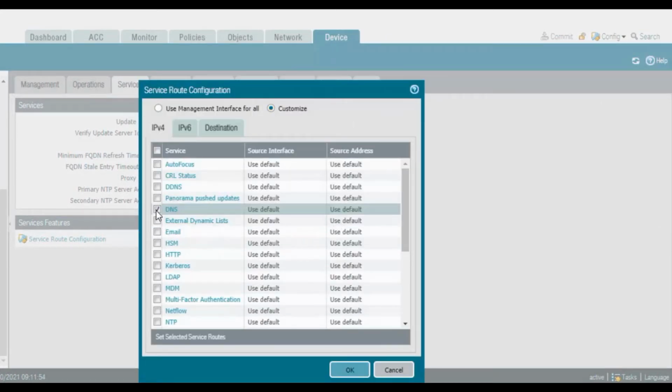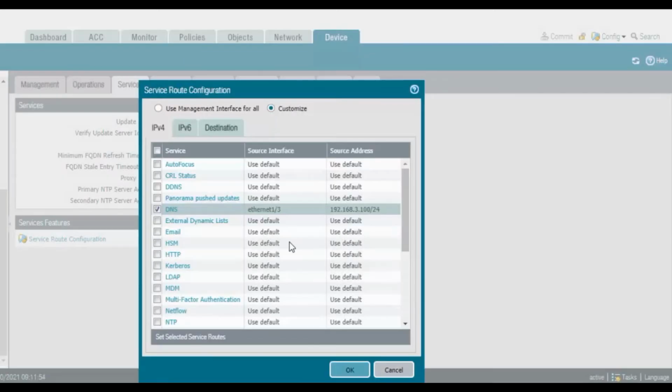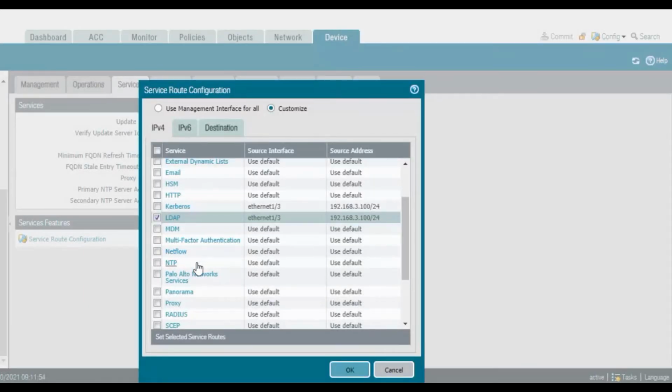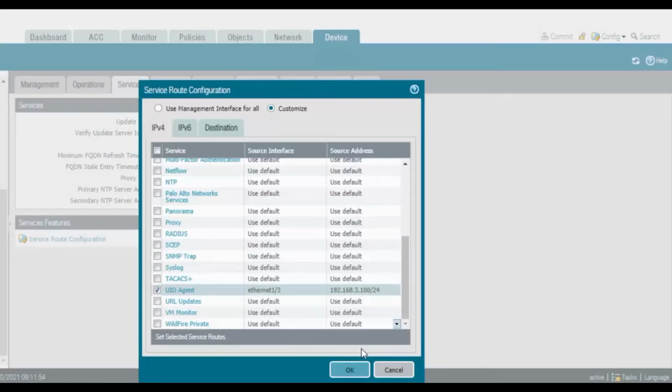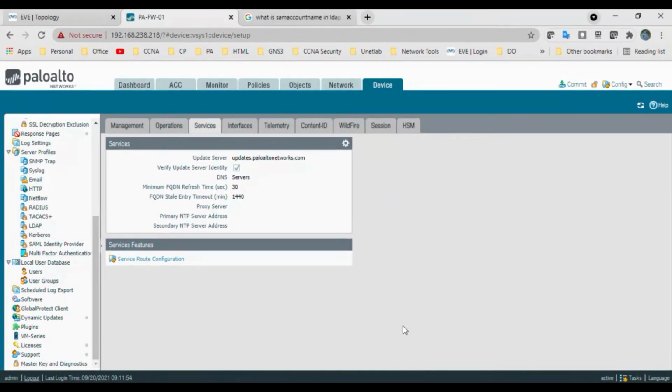Select DNS, which uses the 1/3 interface, that is 3.100. Click on OK, and select Kerberos, use the 1/3, click on OK, and LDAP, that is 1/3 because it's residing in the DMZ area, and UID agent, select 1/3, click on OK, and click on OK. So we have configured the service route configuration in Palo Alto.